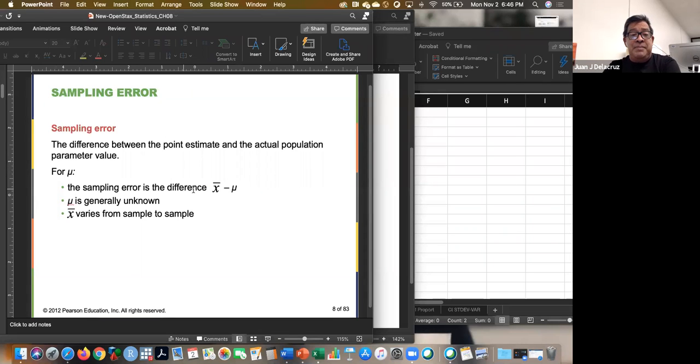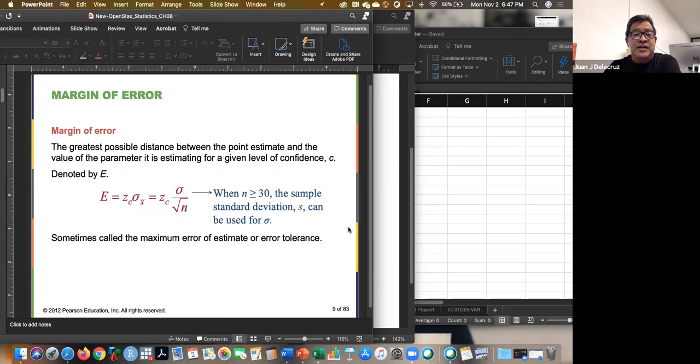For mu, the sampling error is the difference of the observed minus the hypothetical, where generally mu is unknown, we don't know what mu is, and x-bar varies from sample to sample. So we are in trouble, because if I don't know mu, and if I take different samples, all these values are going to be different. So all I can do is find my confidence interval that allows me to be 90, 99, 95